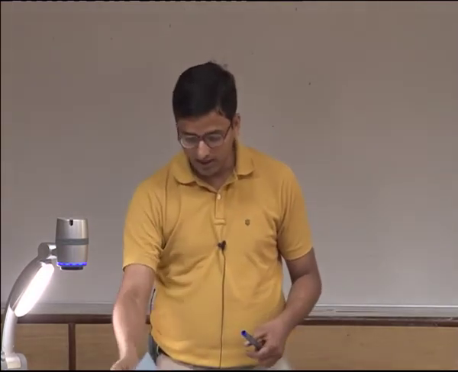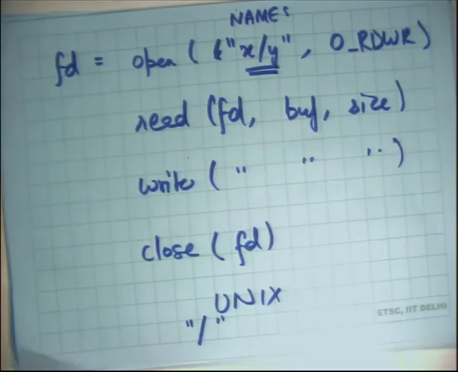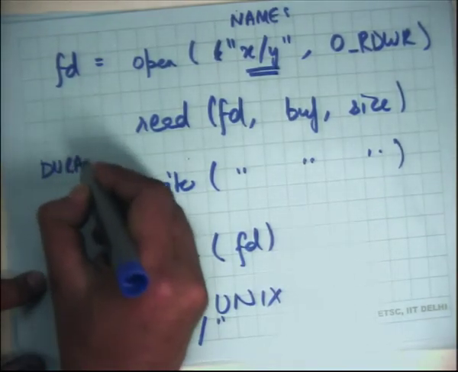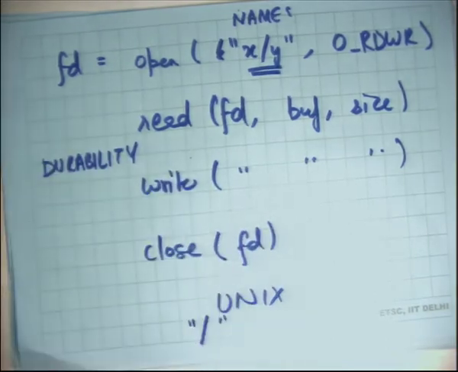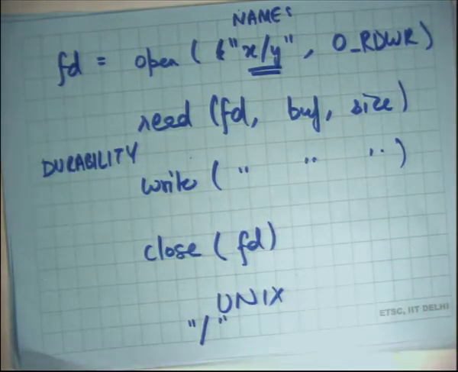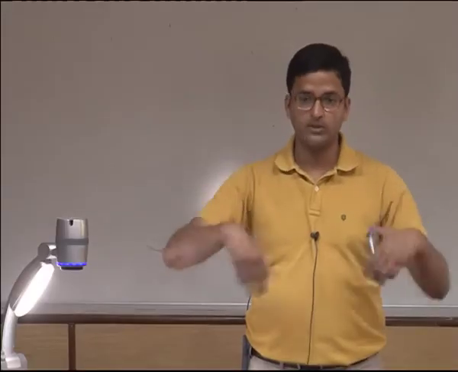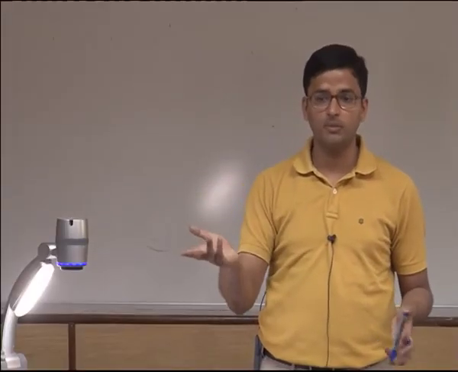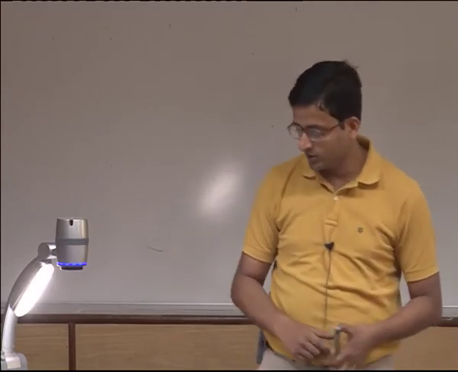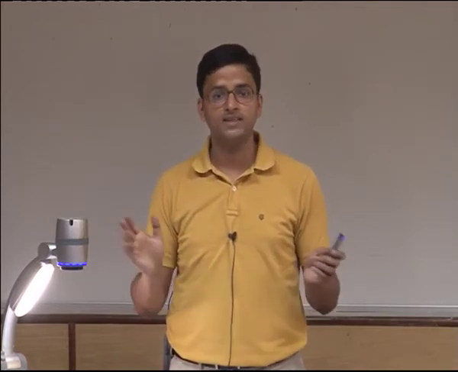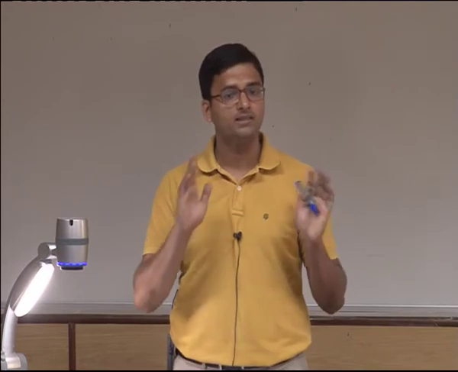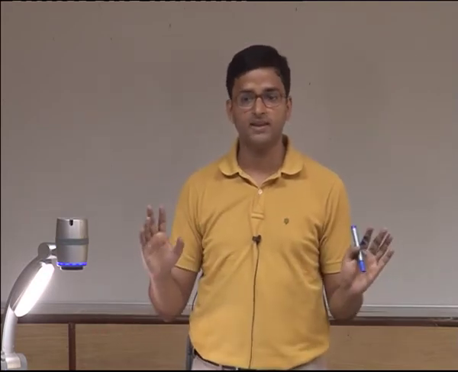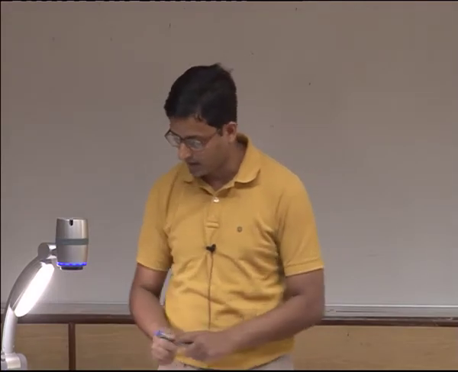Okay, now let's look at durability semantics of these calls. By durability I mean, if I say write, can I be sure that the data is on the disk, which means if there was a power failure after the write returned, and then there's a reboot, can I be sure that whatever I wrote is going to be present on the disk. So this is part of the semantics that the operating system provides to you, and these are flexible. Unix doesn't specify what semantics you want. It's really up to the operating system designer to decide. Let's look at the different semantics that you can have.